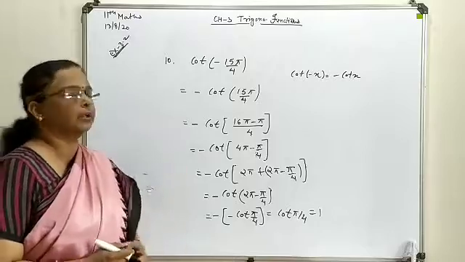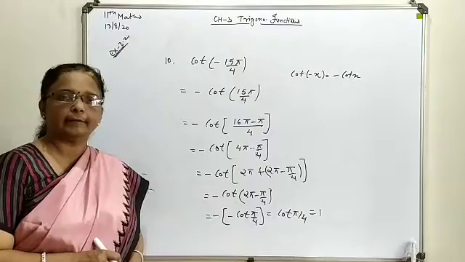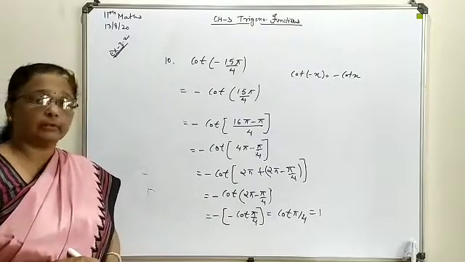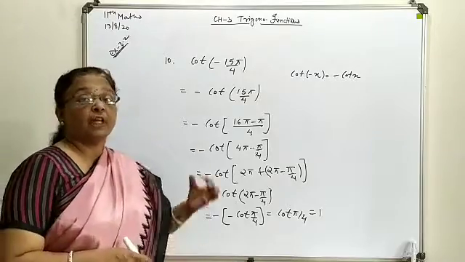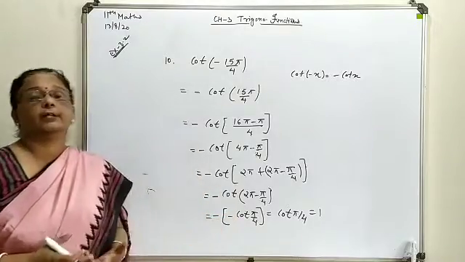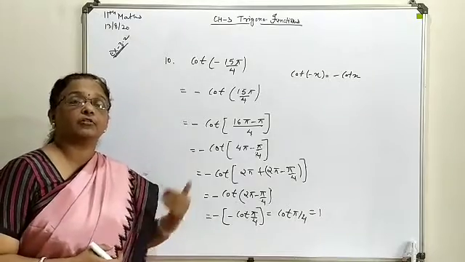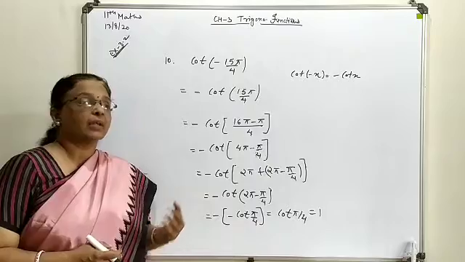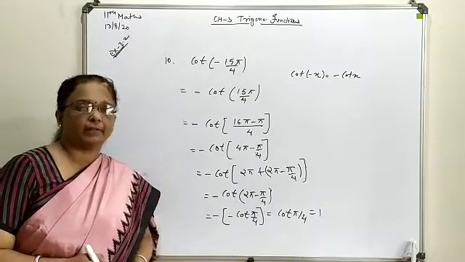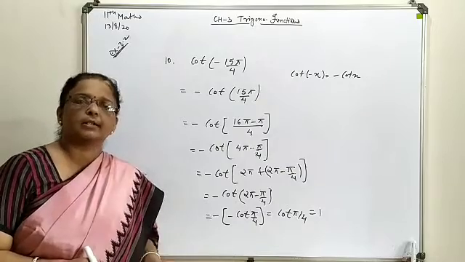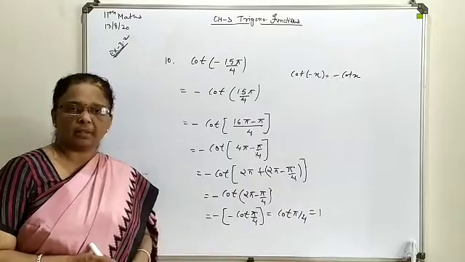So this is all about the evaluation of an angle, whether it is given in degrees or in radians. Anyhow, it is to be converted as a multiple of 2 pi. If it is less than 360, try to convert it as a multiple of 180, or if it is less than 180, try to convert it as a multiple of pi by 2. So you can easily handle the situation and find the solution. Try to solve some more questions available in the exercise. I hope you can solve them.